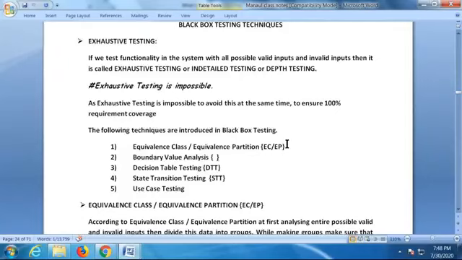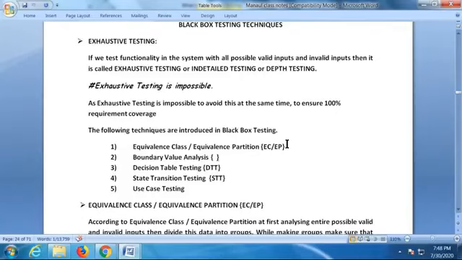If I give login functionality and you go on testing with all combinations, all preconditions, when can you complete testing on that? It's highly impossible, right? So, exhaustive testing is impossible. To overcome this and save time, we have to ensure 100% requirement coverage. And here, we are going to use